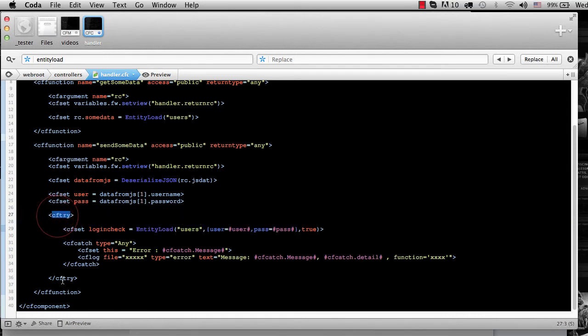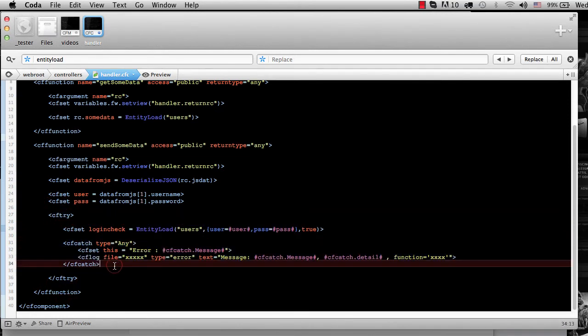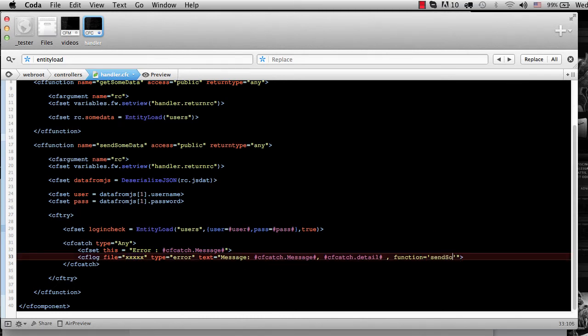So I'm just going to put cftry, and in the catch, I'm going to log it to this file that I know is always going to be mine, and for the function, I'm just going to put that we're inside sendSomeData in eventHandler.sendSomeData, so we know exactly where that error is going to occur if it happens. So now we're setting loginCheck to EntityLoad users,